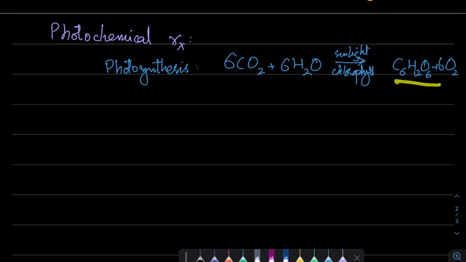Glucose, when you break it, the bonds that are there, and when these are formed from it, bond forming is exothermic, so that releases energy when these bonds are made. It's not कि glucose ने energy store की हुई है जो हम somehow उसमें से extract कर लेते हैं. It's simply that bond making and bond breaking, simple exothermic endothermic process. So this is an endothermic process. It absorbs sunlight, and that way these bonds are broken. These are very strong bonds, so that sunlight is used to break the bonds and make these bonds.